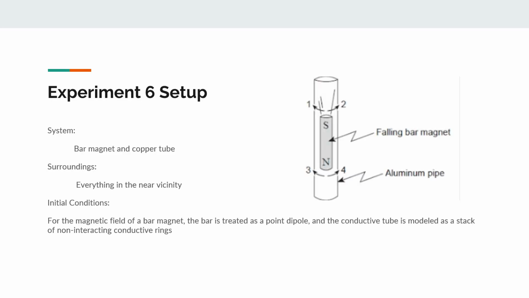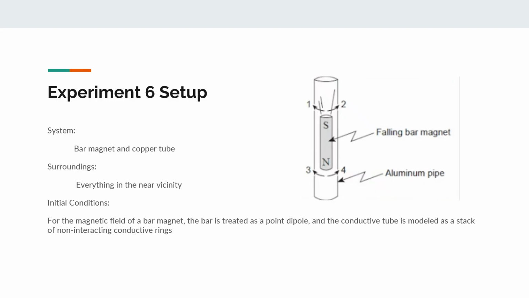In experiment 6's setup, the system is the bar magnet and the copper tube. The surroundings include everything in the near vicinity, and some initial conditions are: for the magnetic field of a bar magnet, the bar is treated as a point dipole, and the conductive tube is modeled as a stack of non-interacting